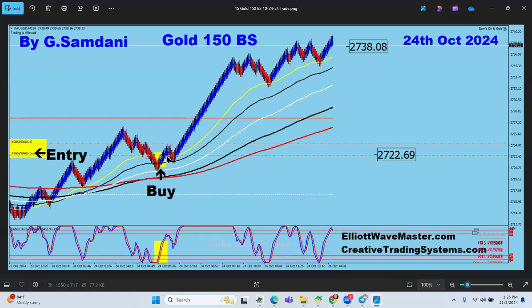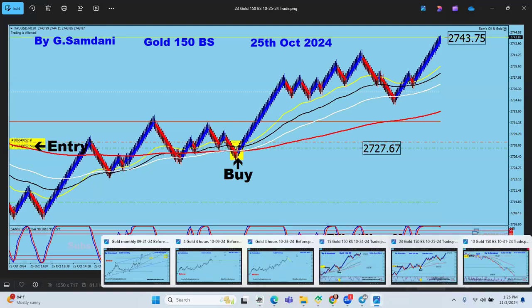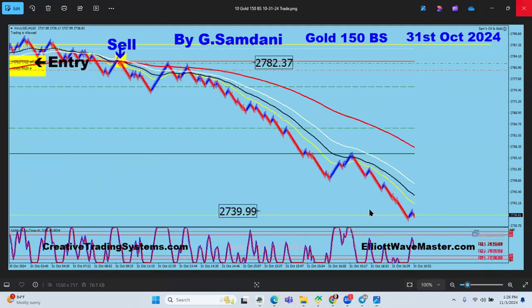Long entry here using my setup, and the buy orders right there. So it went up nice and clean. On the 25th again, I had this entry, and then it went up nice and clean. Then when it started to drop from the top, I had this on Thursday or Friday. This drop, when we had a big drop, and I was expecting the drop right after wave three ending.